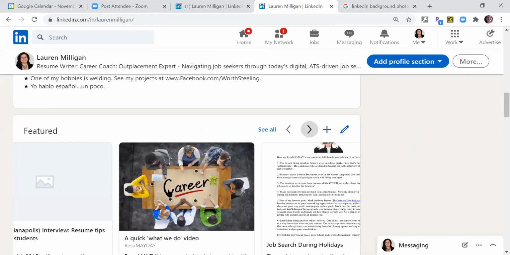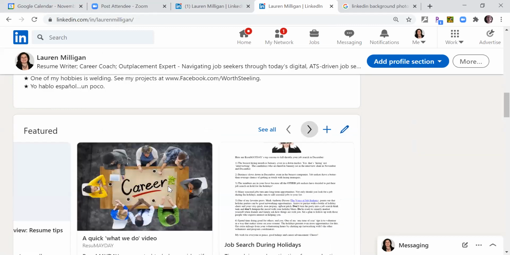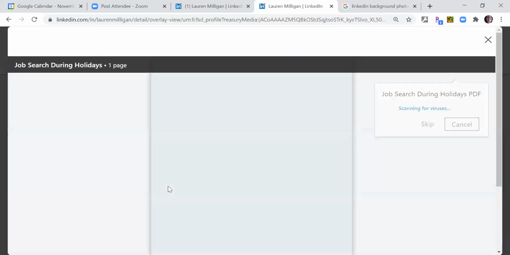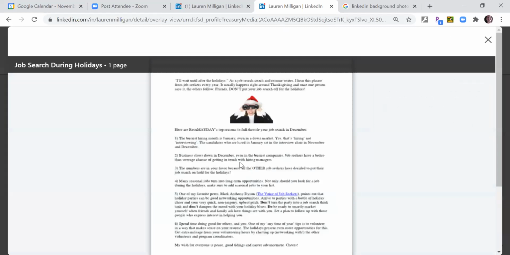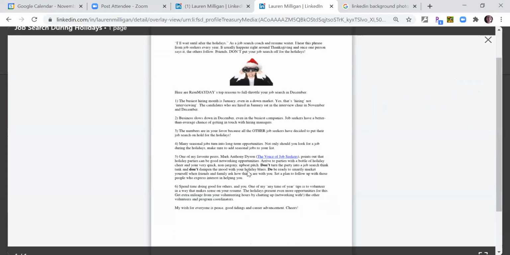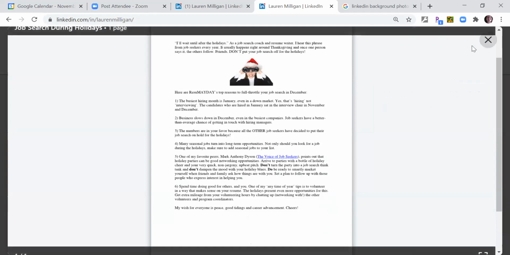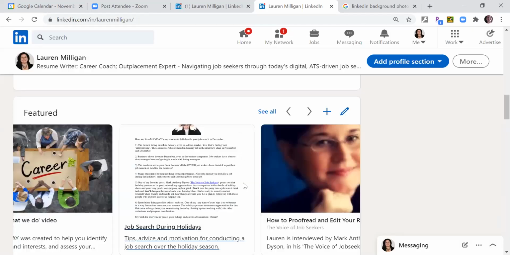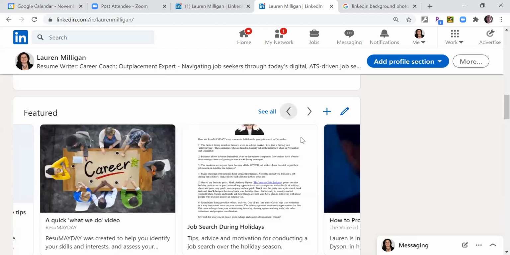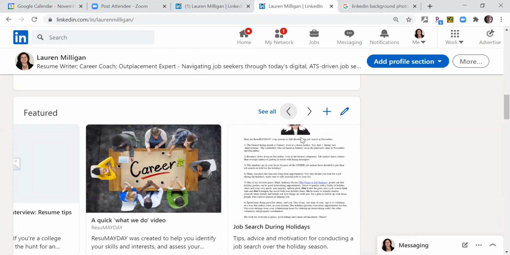There we go. If you click on it, there you go. It brings it up as a document that anyone can read, and then when they're done reading, they just have to click off of it, and there you go. Oh boy, look at that. All right, so that is that section. Now,